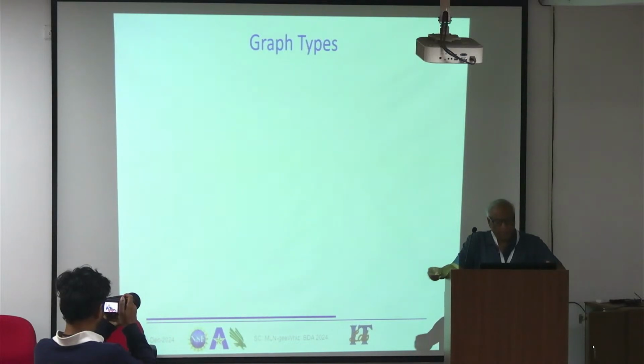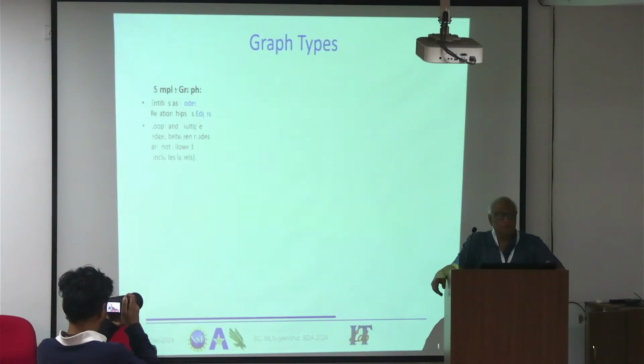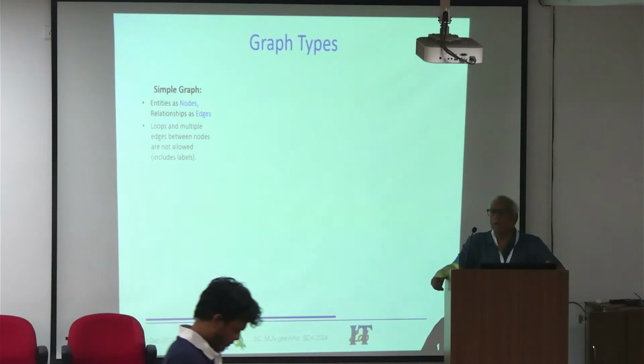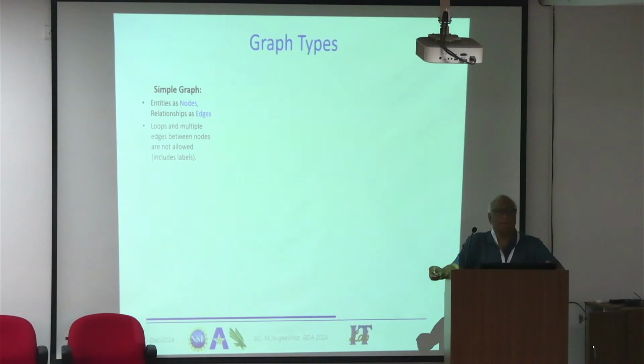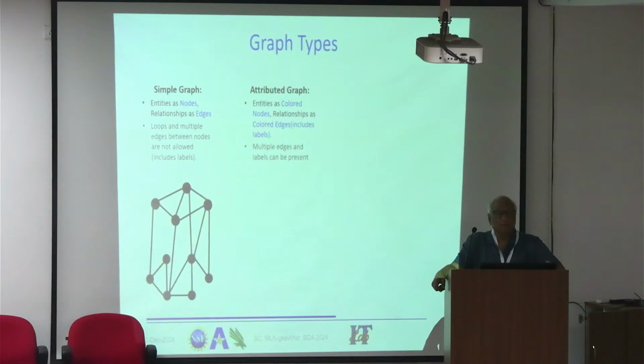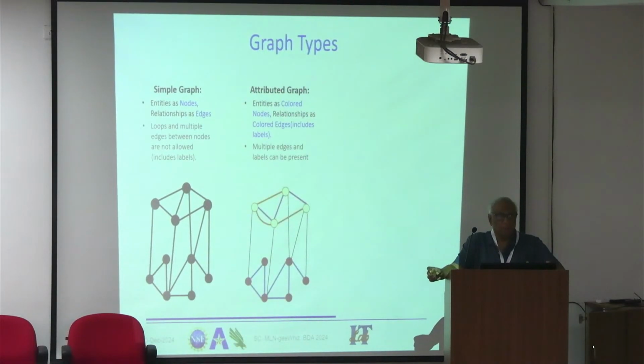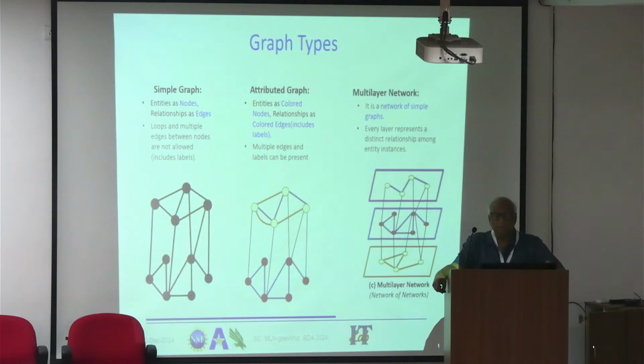So briefly, what is the research background behind it, and why is this important? There are different types of graphs we are familiar with, and today graphs are used for modeling a lot of different data sets, especially data sets of different entity types and different relationships. So there are simple graphs, there are attributed graphs, which are slightly different from simple graphs, and then we also use what we call multi-layer networks, which are a third kind, and we seem to focus on this one because